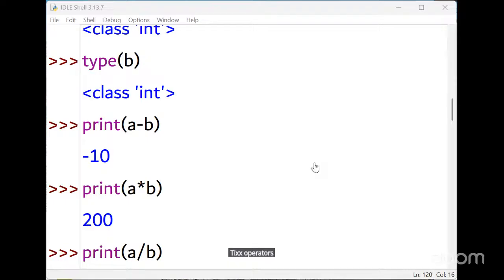What are those? Greater than, less than, equal to, and not equal to.